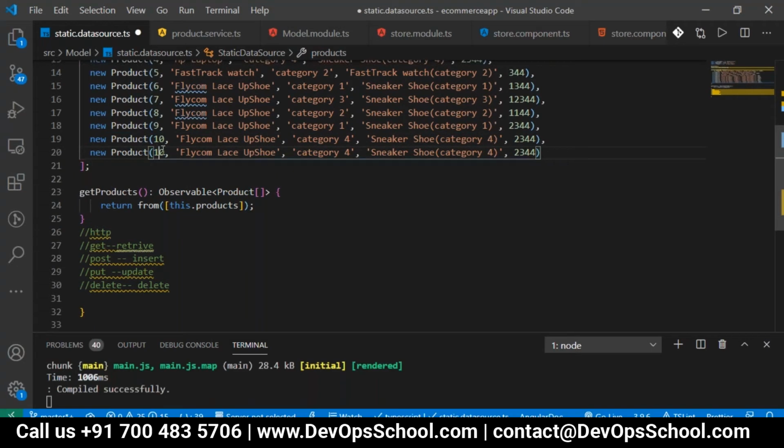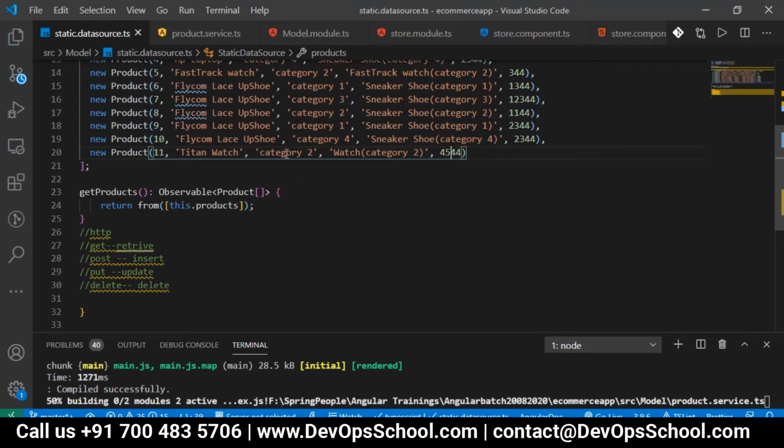I just took another product which is 11, category 2, and here some price. So this is what I have used.